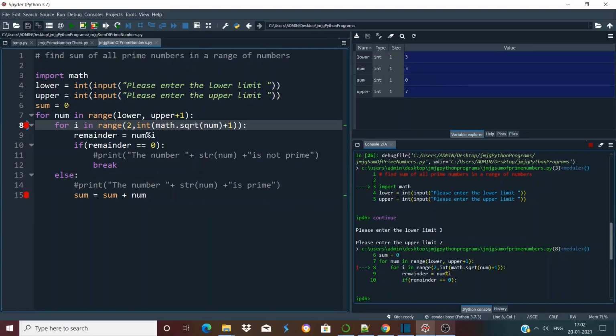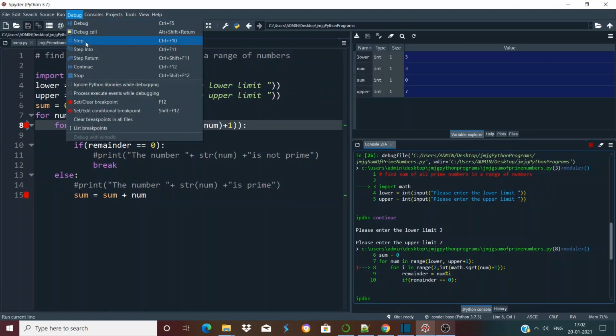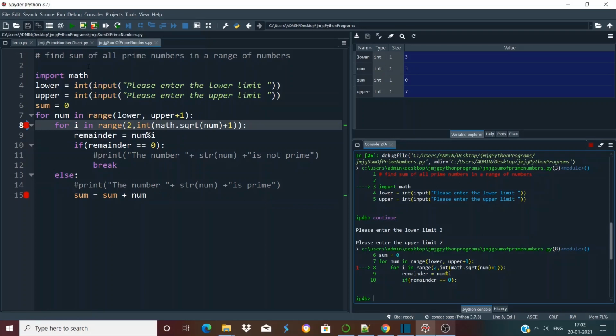As sum has been initialized to 0, the current value of sum is 0 and the current value of num is 3. So 3 is a prime number, so it will obviously come to this else block. If we continue, you can continue by pressing Ctrl plus F12.